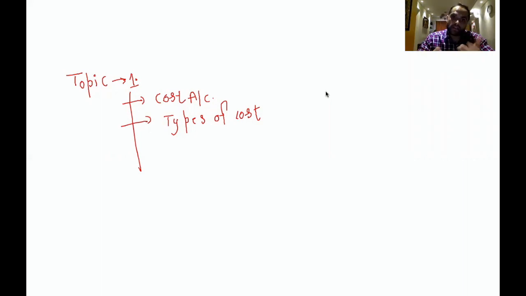All right. Another question I can ask you, factory rent, for example. So factory rent, is it manufacturing cost or is it non-manufacturing cost? The answer is manufacturing cost, which is cost of goods sold, right? So this type of question I can ask you from your topic 1. Make sure you really focus on the types of costs. This is one of the most important things from your topic 1.